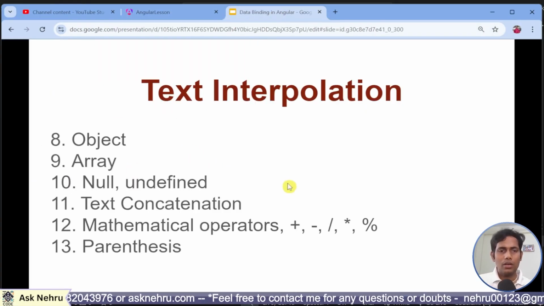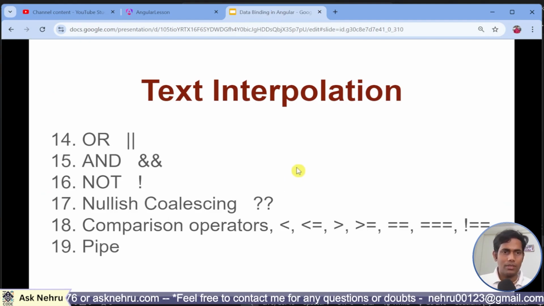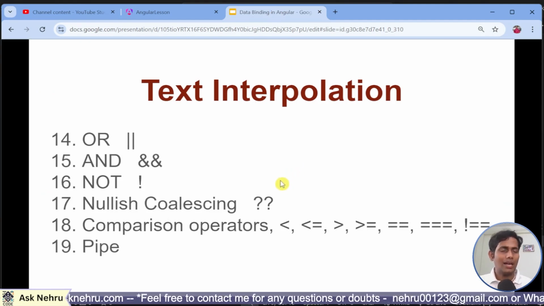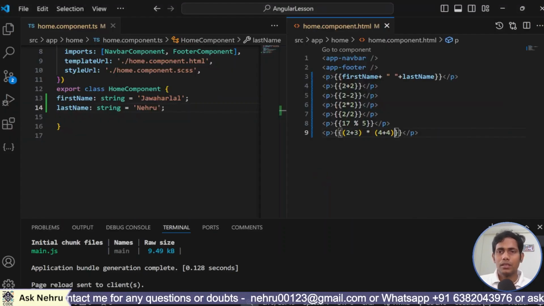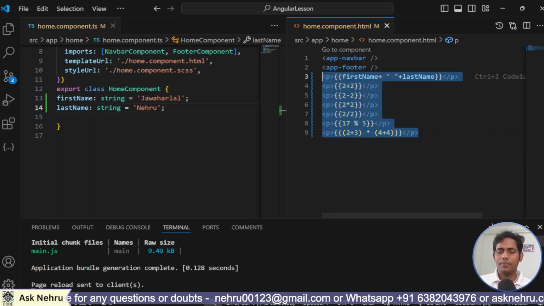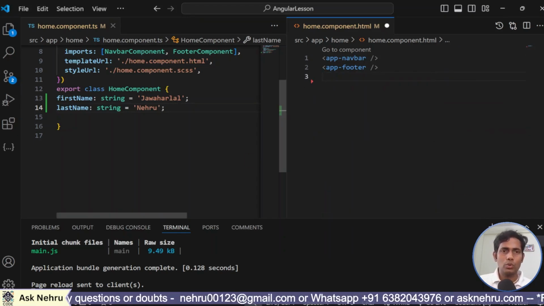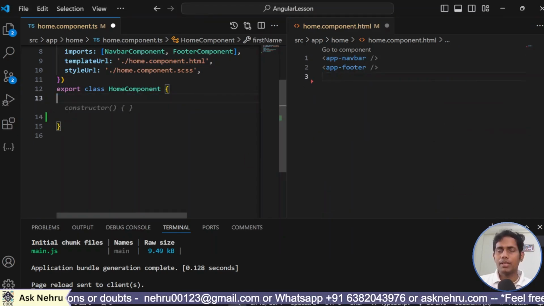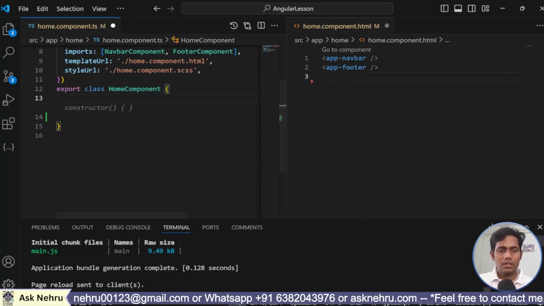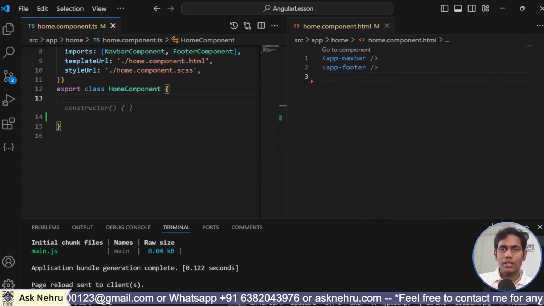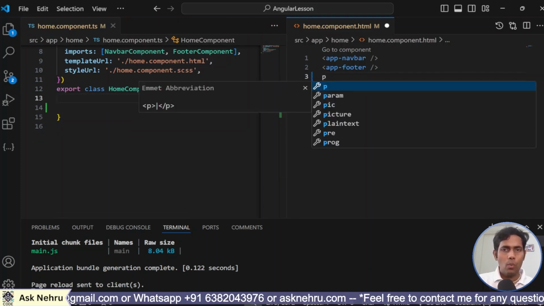Okay. Now let me go to the next concept. So these are the OR values and not. This is very important guys, very important, so therefore stay tuned. Okay. Now I erase all of them. If you want to have a reference, please just play back again and come to know. So what I do here, within the p tag,